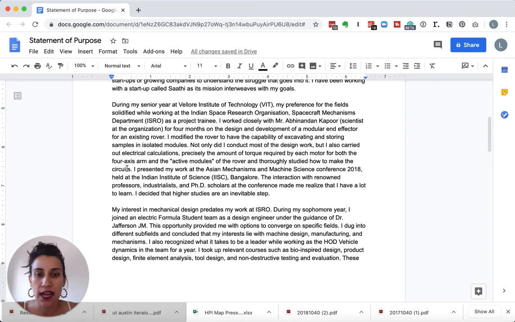So some things I like about this paragraph is it's very concrete what the person did. They worked on this rover, they made modifications, they describe how they made modifications, and they had success in being able to present at this conference. So that's adding to this person's credibility. What I would have them uplift in this paragraph is to describe a little bit more what were the outcomes of the rover. So did they improve the rover's ability to do X, Y, and Z?